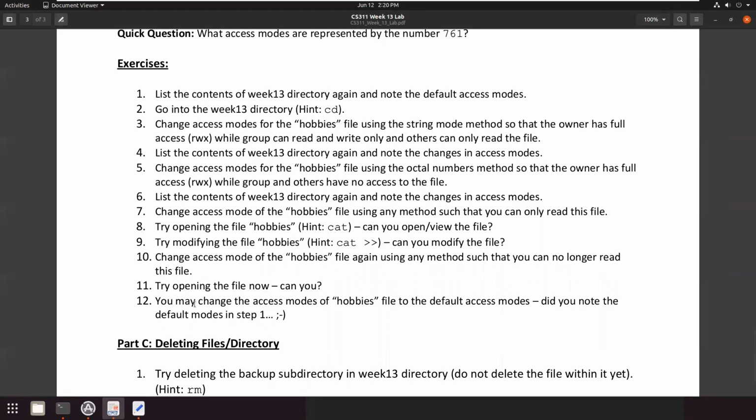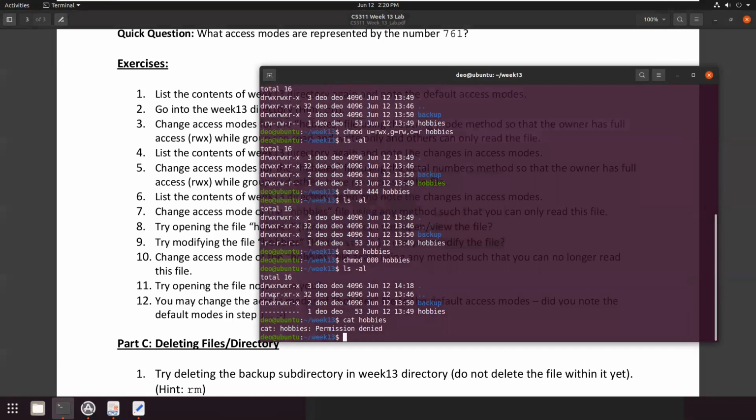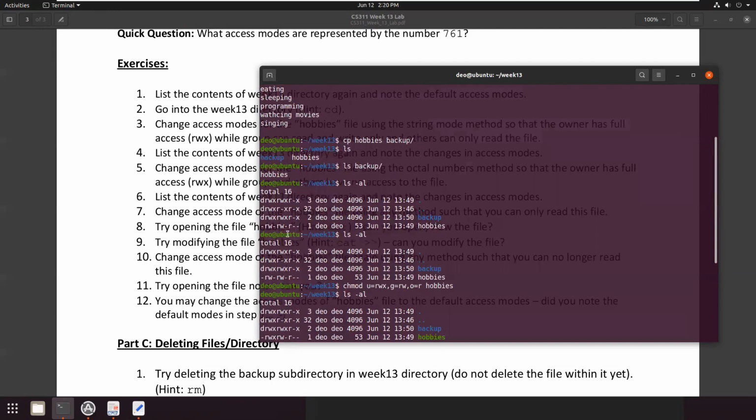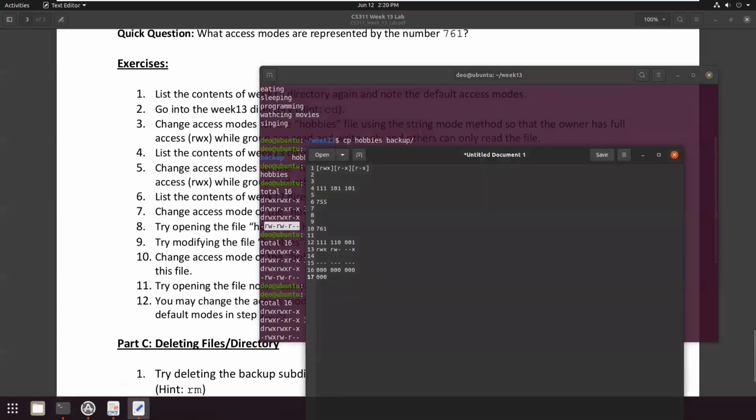You may change the access modes of hobbies file to the default access modes. Did you note the default modes in step 1? Okay, we did not note, but we have the history over here in my terminal, and the default mode was this one. So let's change it back. So that is rw-, then again rw- and r--.